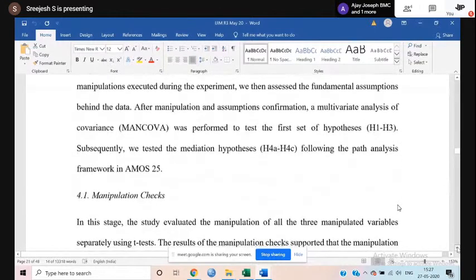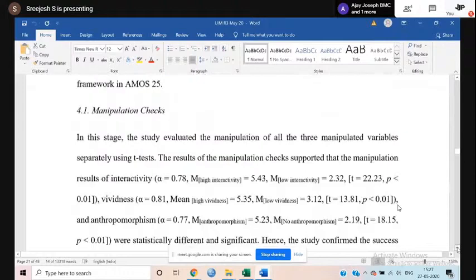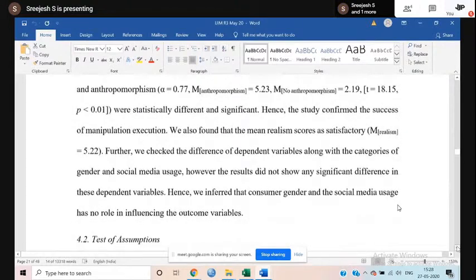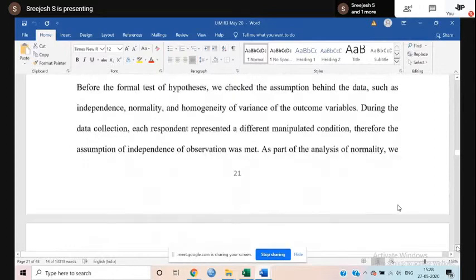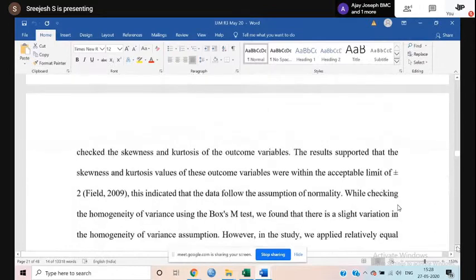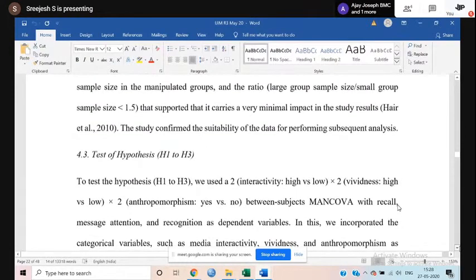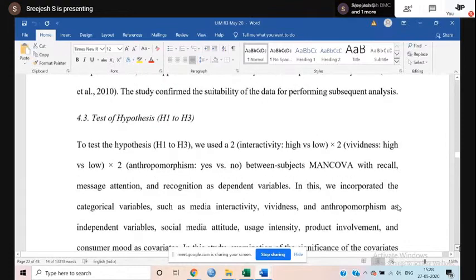So it's an experiment. That's the case. You are providing a manipulation check. If you have a subset of analysis, you can provide it. If you have tests of assumptions there, you need to elaborate what tests of assumptions you have applied, and you need to provide an argument. What are the hypotheses? Because I'm just giving section by section analysis. I'm trying to say that for the test of hypotheses H1 to H3, I have used MANCOVA. You used it to test this and present the results here,